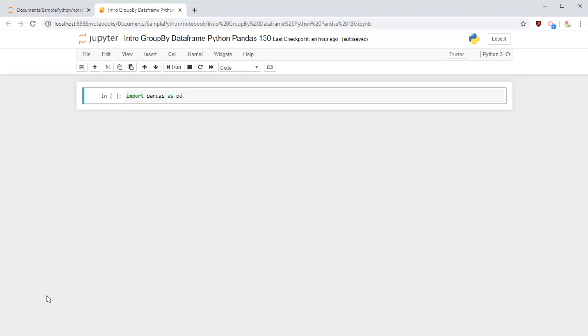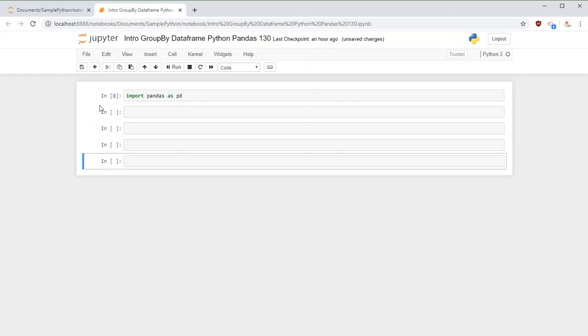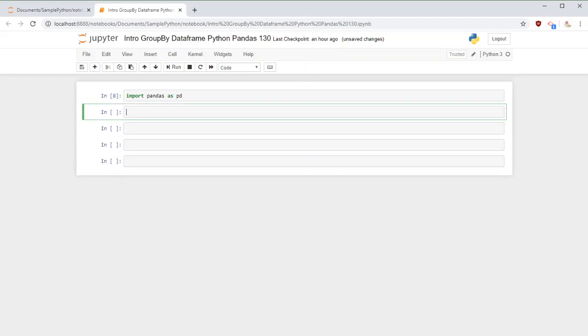Let's go over it, and the first step, as you know, is we have to import the library, and the import library syntax is import pandas as pd. So pd is going to be our short name for pandas, and whenever you want to insert more command lines, you just have to press the B key a few times and we can get a few command lines.